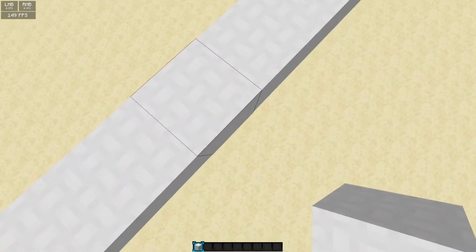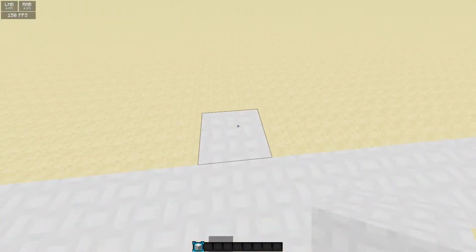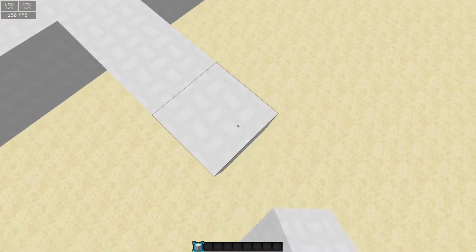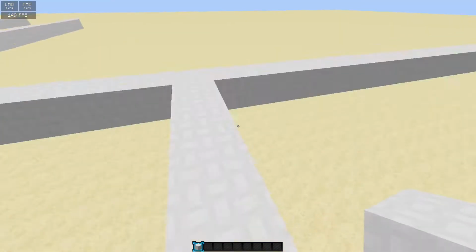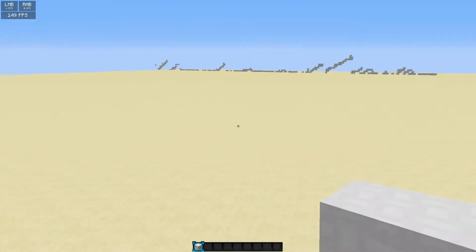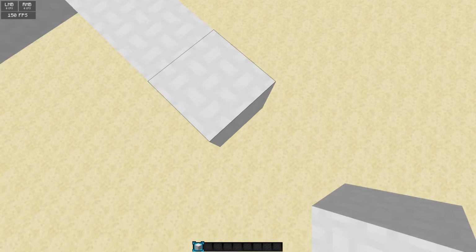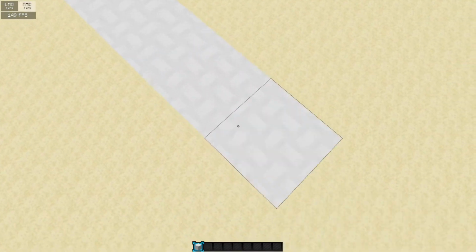So what I encourage you to do when speed bridging is to try and build up every 4 or 5 blocks or so, so that you can get above your opponents. Let's say your base is in line, right? Your opponent's right there in line, same Y coordinates. You want to try and get on top of them, okay? So every few blocks or so you can build up,